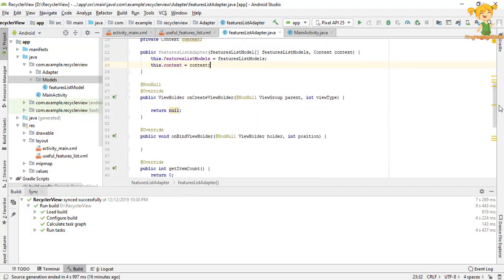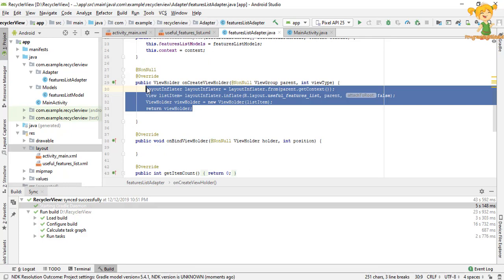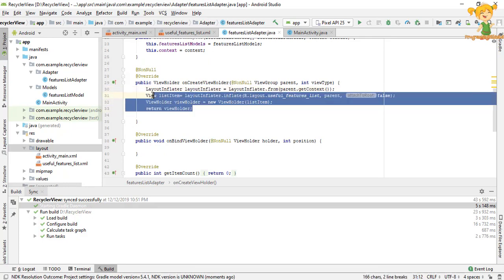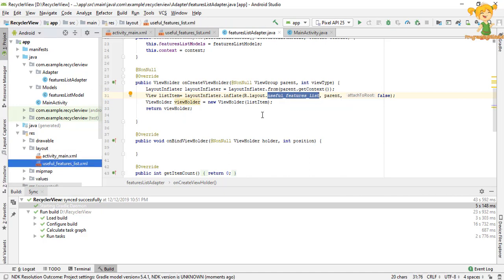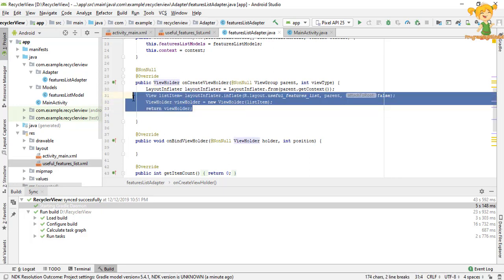And now we are going to inflate. Okay, here I inflate the layout. This is the layout that we created here. So I have inflated and returned the view holder,